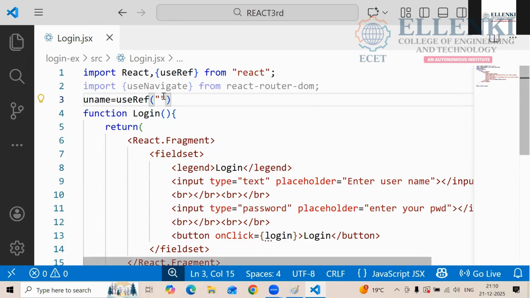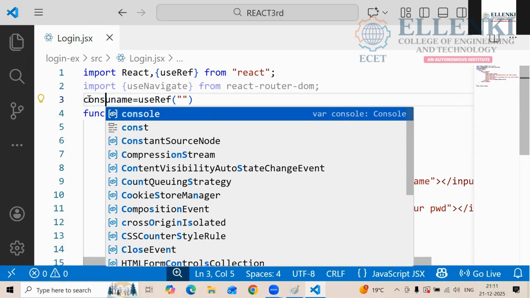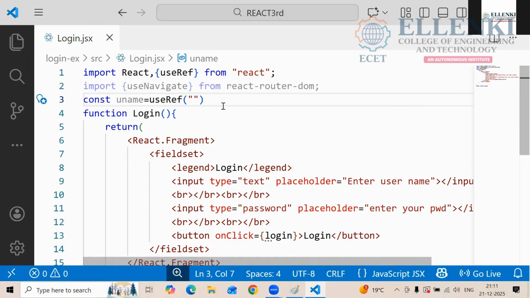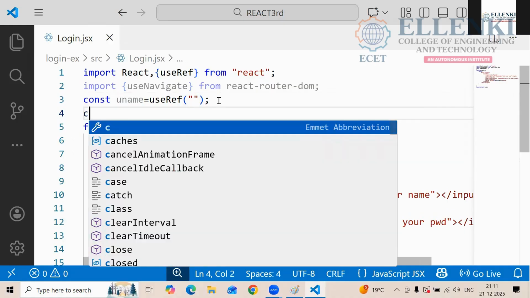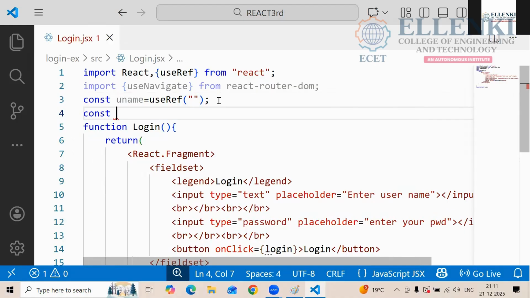Whatever data is entered by the user will be stored here. Okay, when we give the credentials, enter your username, some admin you are typing, that admin will be caught by whom? This one. That admin will be caught by this one, it will use. Okay, so here you have to give some constant data, whatever it is. For the password also you have to give, yes or no, semicolon, later constant. How are you going to give it here? const upwd, whatever names you want to give, you can give here.